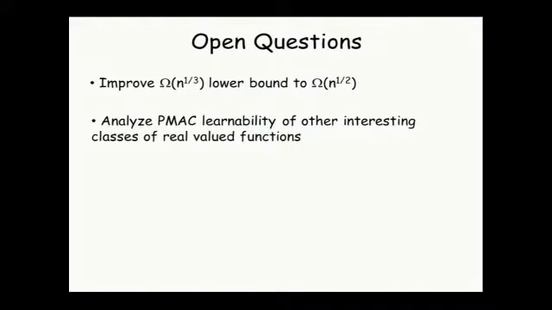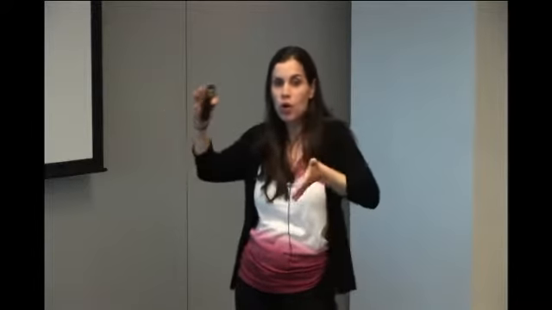And in terms of open questions, I'm sure that many of you here want to solve some of them. So actually the most interesting technical question is to bridge the gap between our upper and lower bound for submodular functions. And in particular, it would be interesting to show a lower bound of omega of square root of n for learning submodular functions. So you believe that's the right answer?